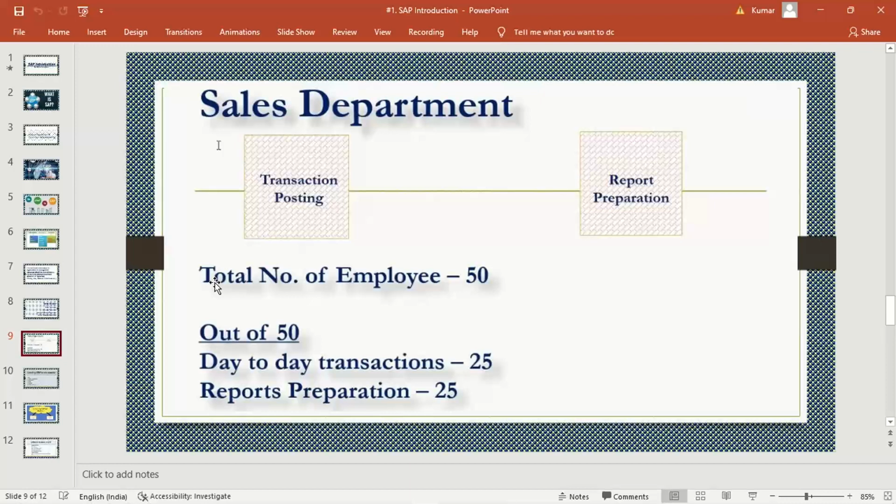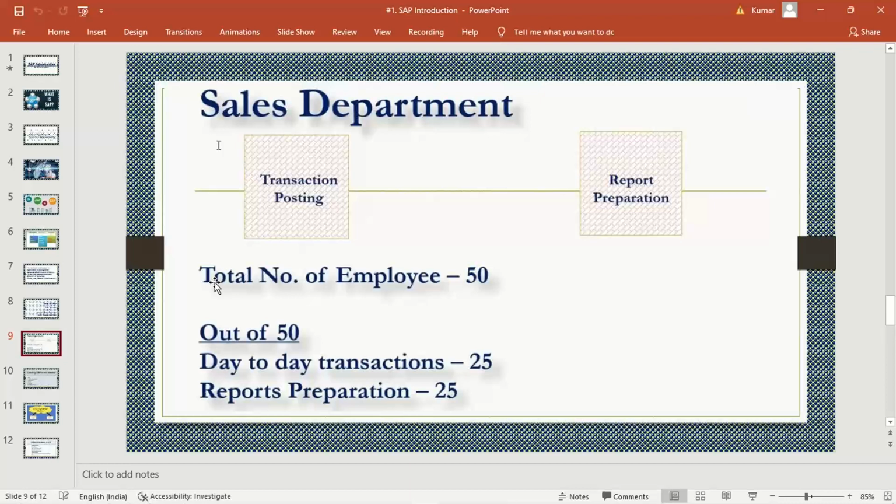Say for example, we have sent an invoice to the customer worth $1,000 or 1,000 rupees, whatever currency it is, right? And the customer is going to return goods worth 300 or 400. So 1,000 minus 300, and that remaining amount is going to be treated as our actual receivable amount. It means that much money we are going to receive from the customer in future, right? 1,000 minus 300, 700 only is our receivable. So all these transactions must be recorded, right?